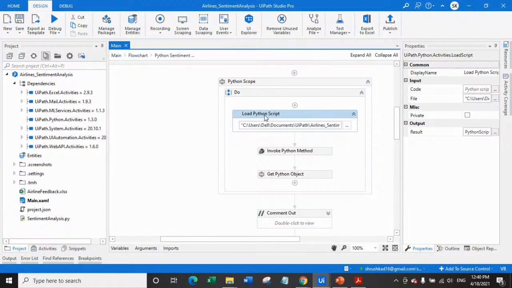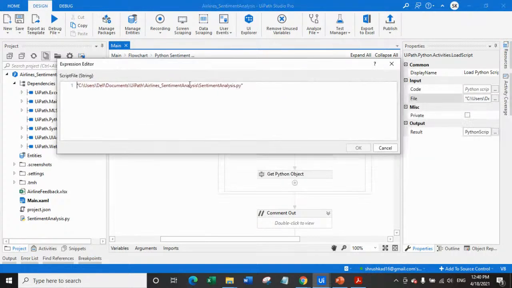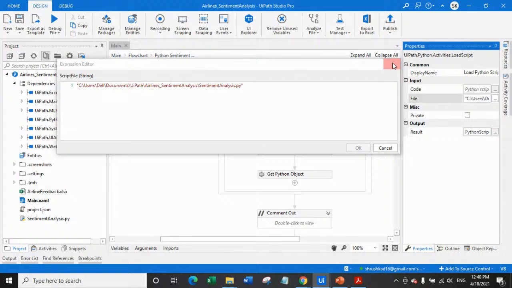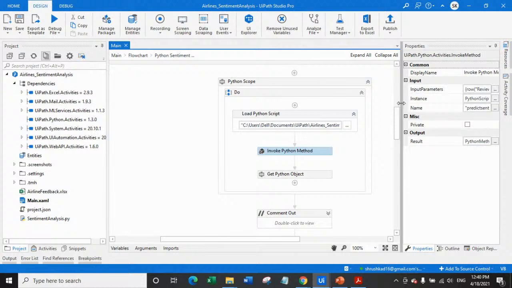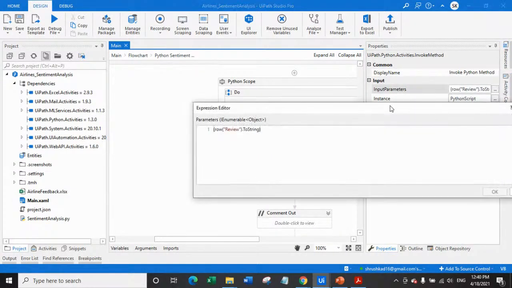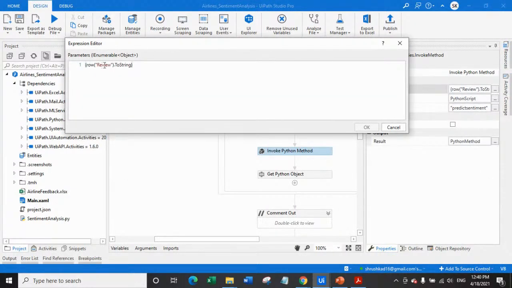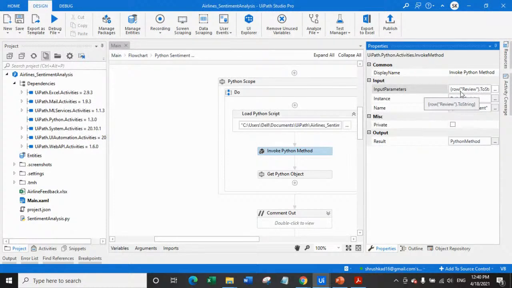I will simply say Load Python Script. In this Load Python Script, I will pass the script path of the Python, which is right here, and then I will store the output in this result. Now, while I'm passing this Python script, I will also pass the input data from the row. You can see row of review.toString. I'm passing as input here the review given to the TripAdvisor website by the users. And then we will run the instance of Python with the predict sentiment method,